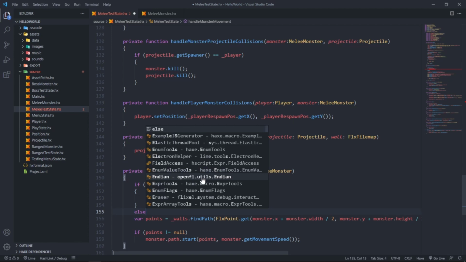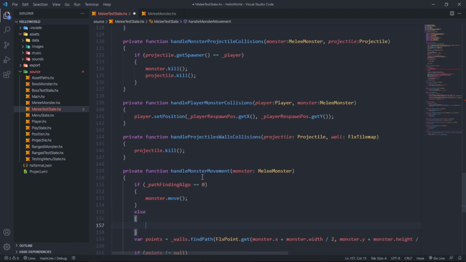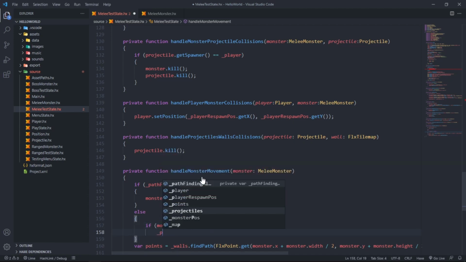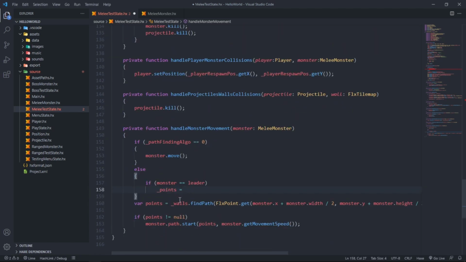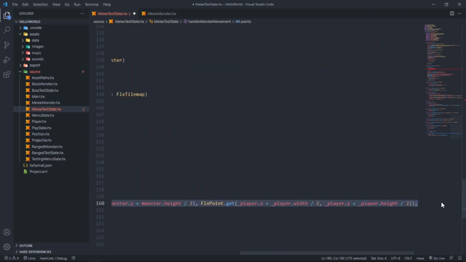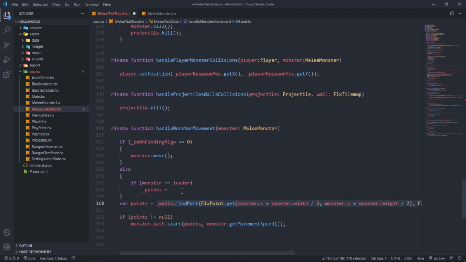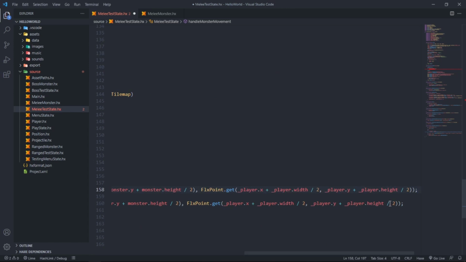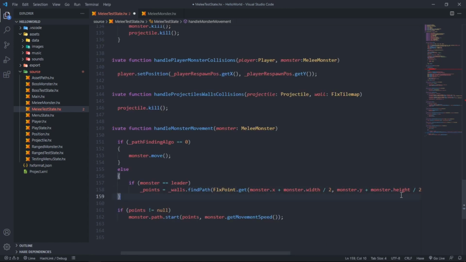Else if monster equals leader. So if this monster is the leader, then we say points equals, and we can just copy this part because it's a pain to have to write it all out. We can just delete this. And we say